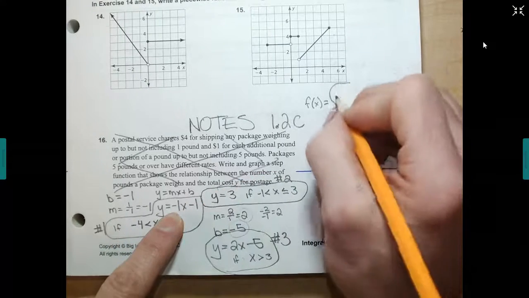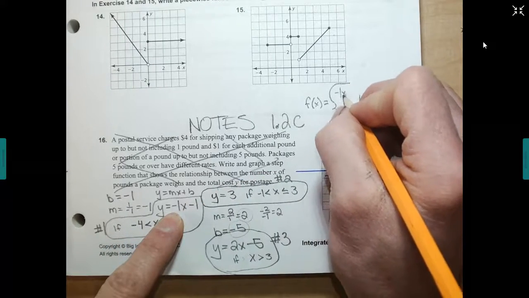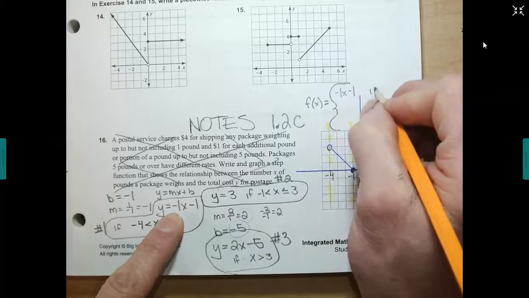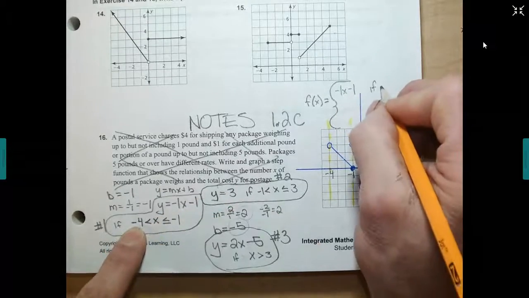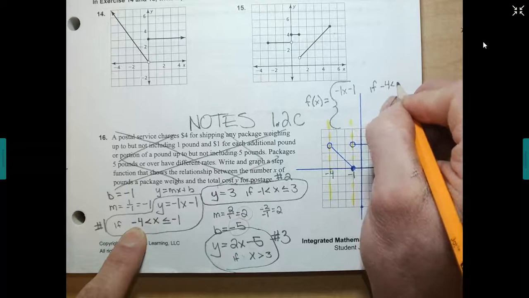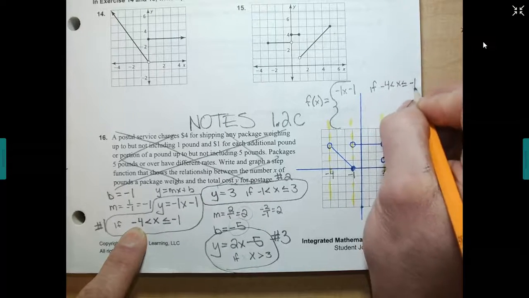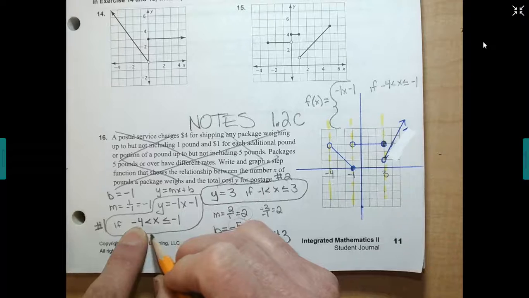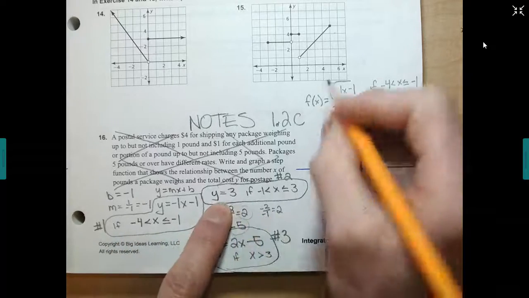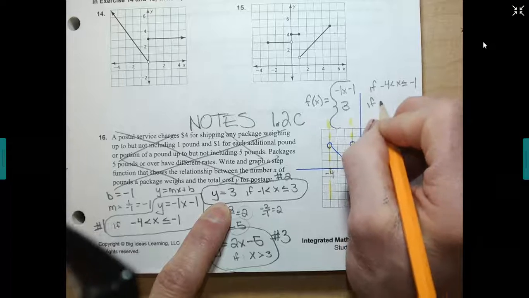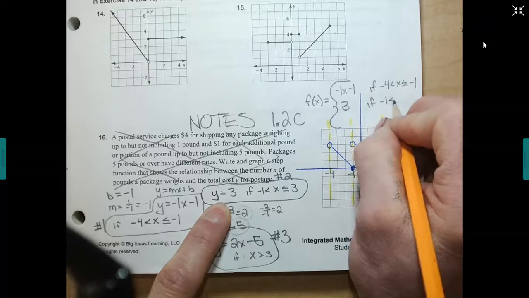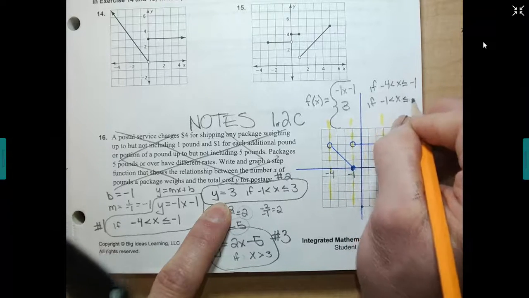F of x equals negative 1x minus 1 if negative 4 is less than x less than or equal to negative 1. Got it. Second function, y equals 3 if negative 1 is less than x less than or equal to 3,